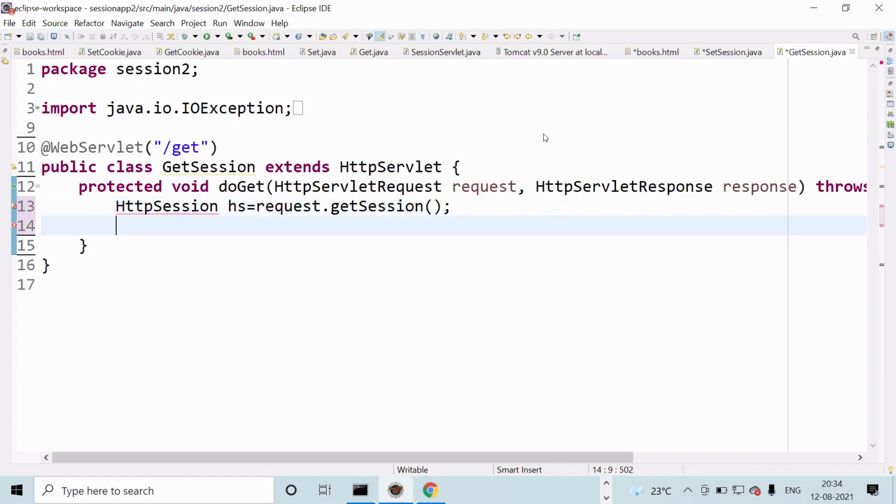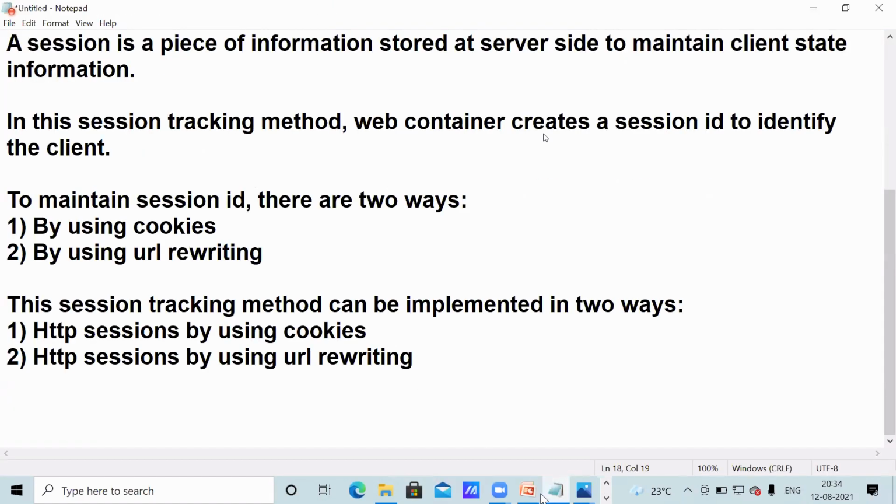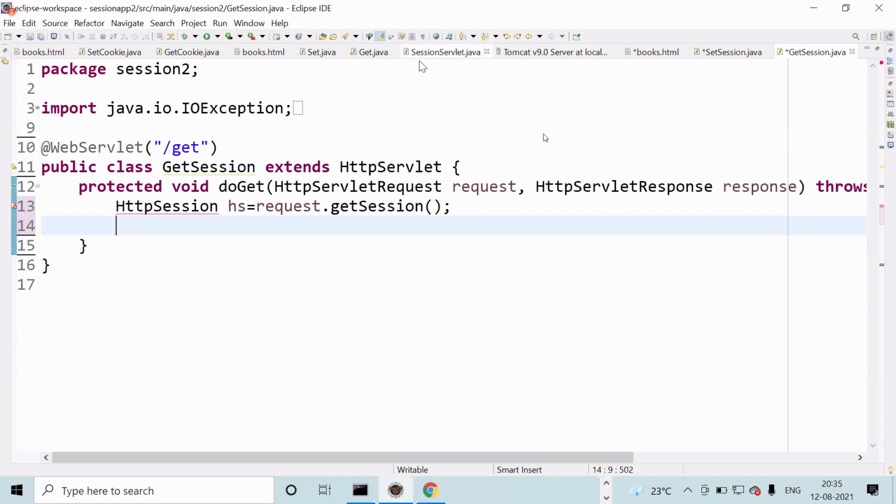Now here we have to retrieve all the books. You have to write get attribute. Get attribute return type is object format, you observe.